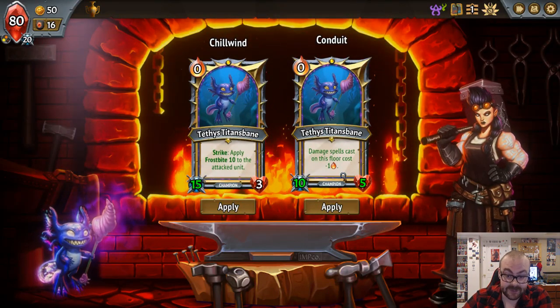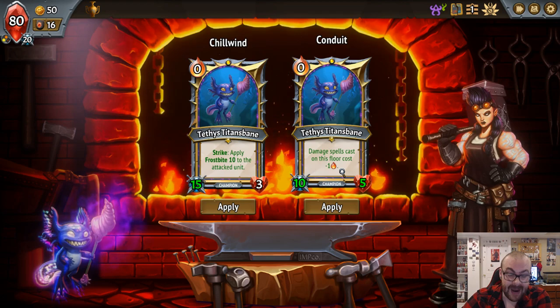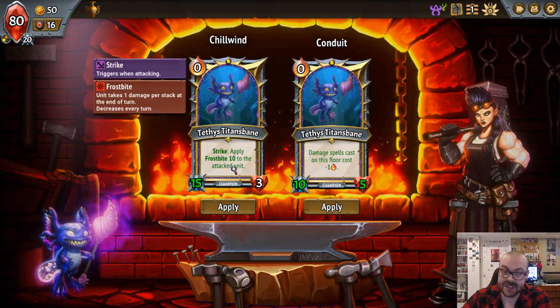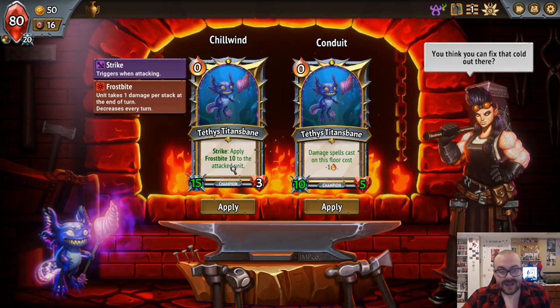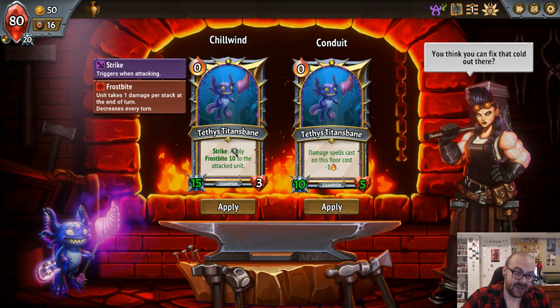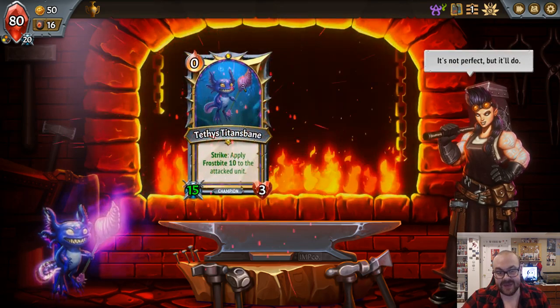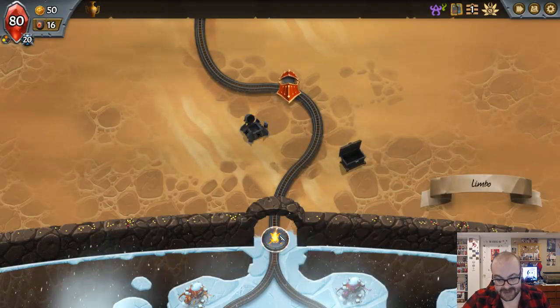Apply Frostbite. Damage spells cost on this floor -1 energy. No spell weakness, which is a little bit on the... I'll be honest with you, I kind of want it. But I mean, we could have a poison build. Strike, apply 10 Frostbite. Yeah, that does kind of work pretty well against bosses and everything like that. We still need to defend our Sir